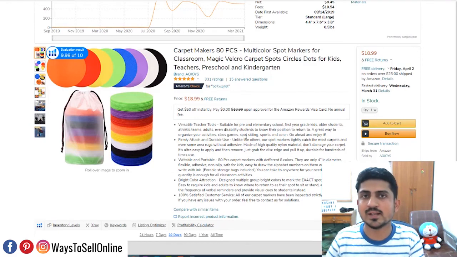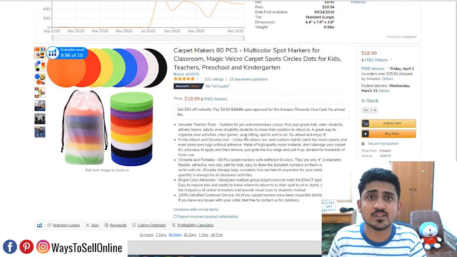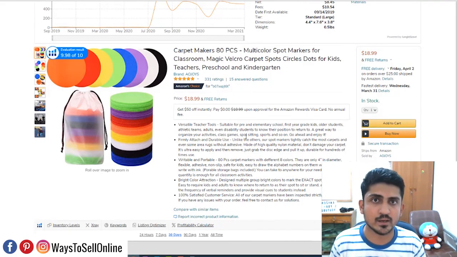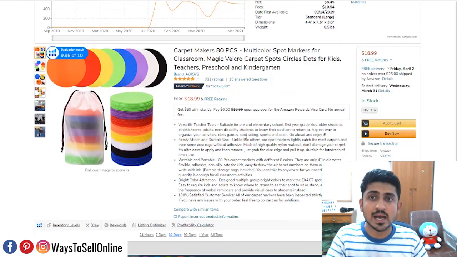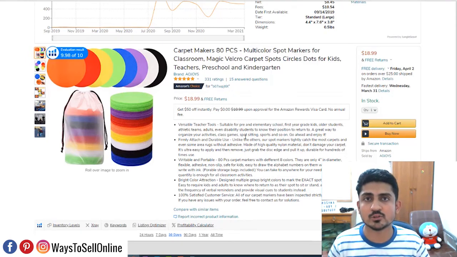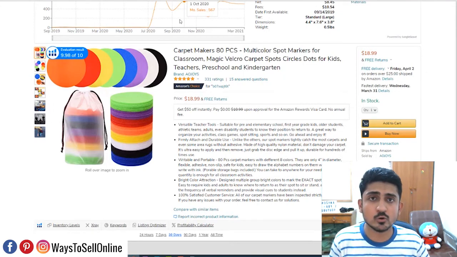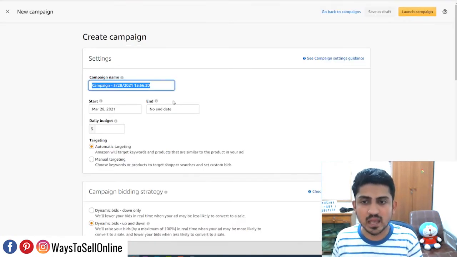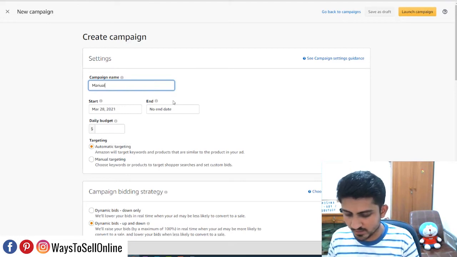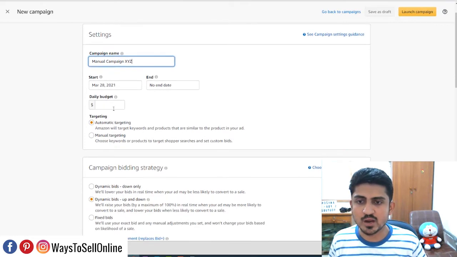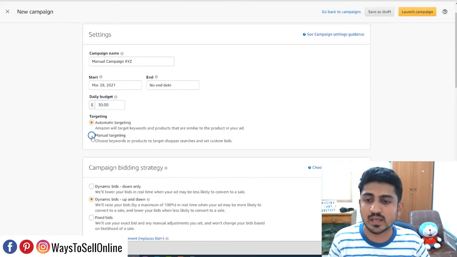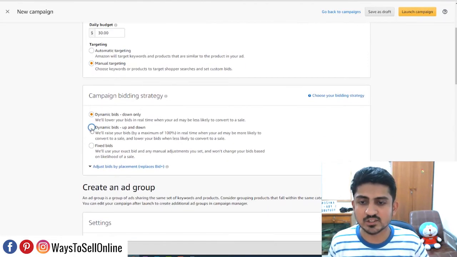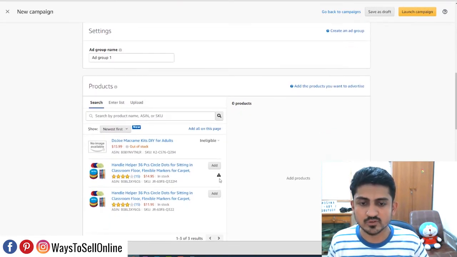So I can just grab all that ASIN and all that keyword and use that in my manual campaign. So right now I'm going to show you how you can create a manual campaign for your Amazon PPC. For that you have to again go to your campaign manager and click continue, and here you have to rename the campaign like manual campaign XYZ, and set the budget like $30. And now you have to click on manual campaign and then dynamic bids up and down, and here you have to select a product,